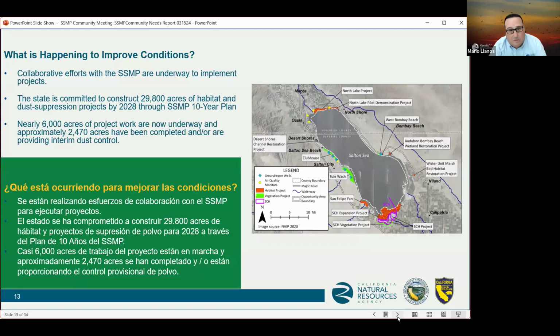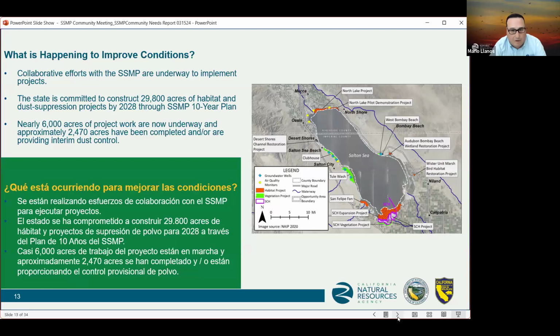So what's happening to improve these conditions? The Salton Sea Management Program was formed out of statute and is comprised of the California Natural Resources Agency, Department of Water Resources, and California Department of Fish and Wildlife. We are in the midst of our 10-year plan for near-term restoration, beginning in 2018, to implement 29,800 acres of dust suppression and habitat creation restoration projects by 2028.